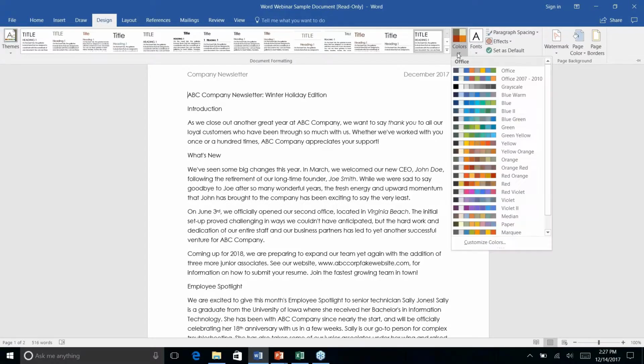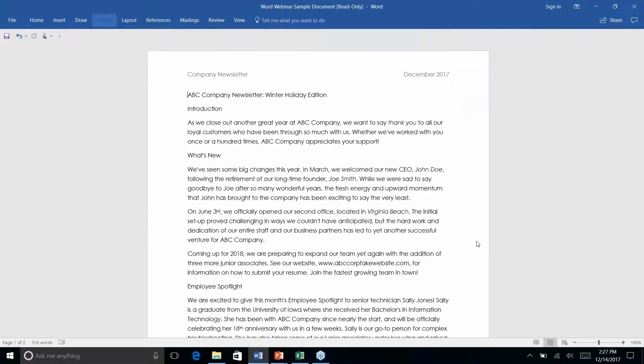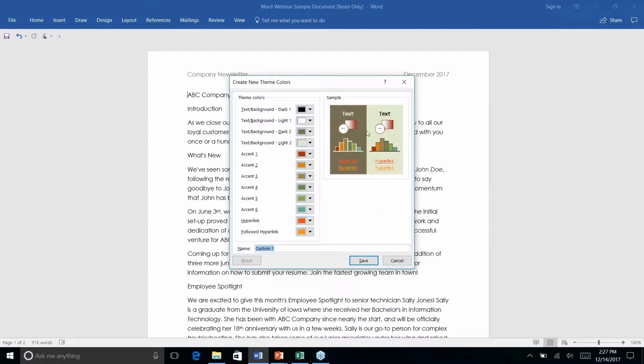then you can go through and change the color scheme here for, again, the entire document. You can pick one of the ones that comes already pre-populated by Microsoft, or if you don't see one that you like, you can customize the colors yourself. So in this customization option, it even gives you a nice little preview of what your page is going to look like. It gives you options for a dark theme, options for a light theme, so you can see how